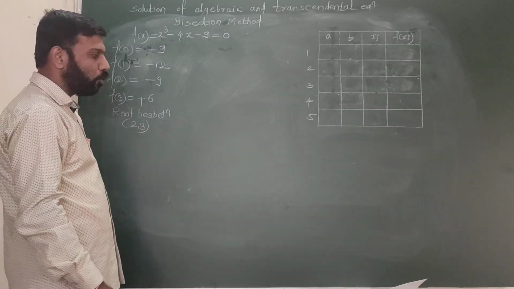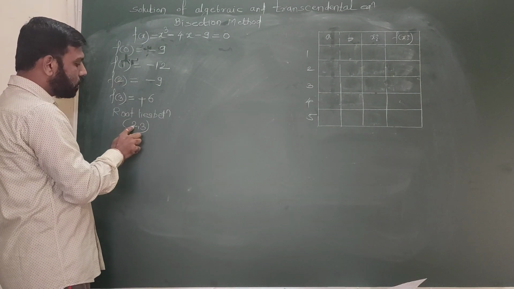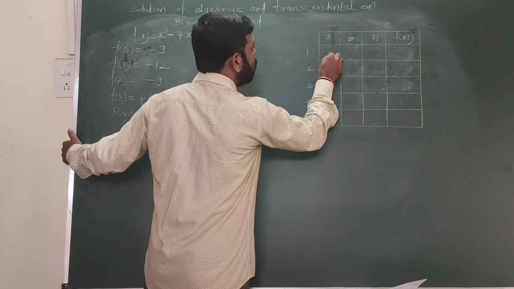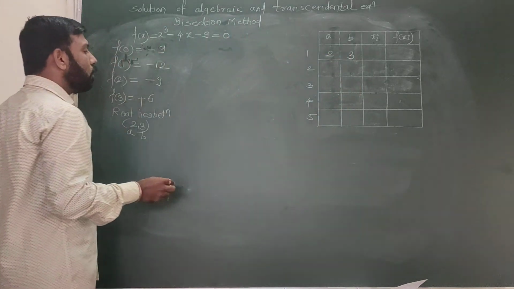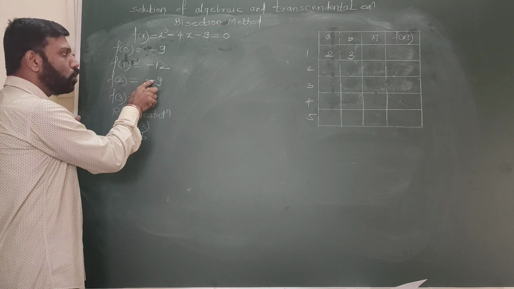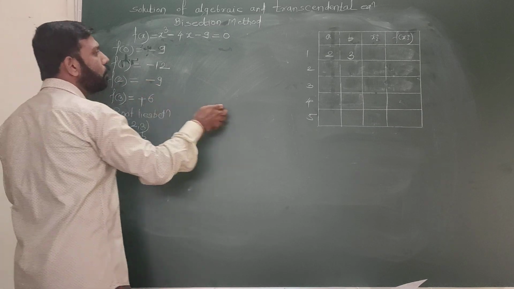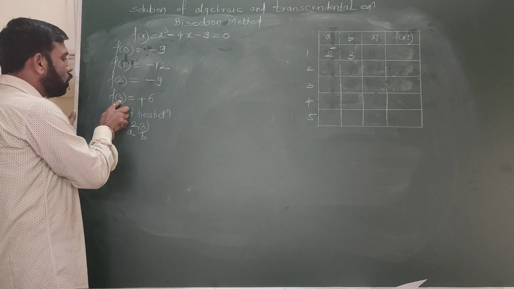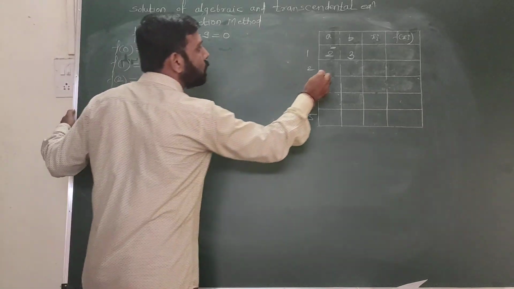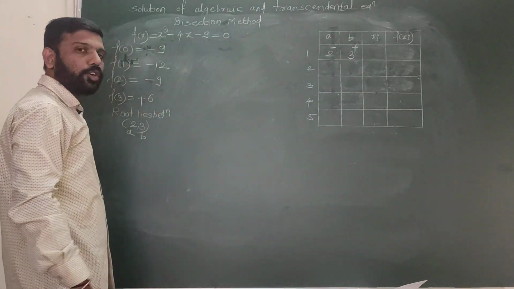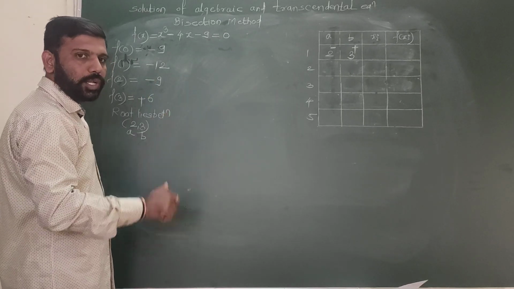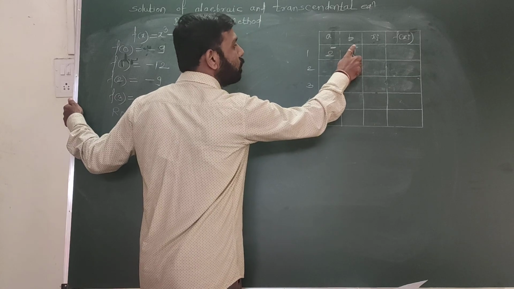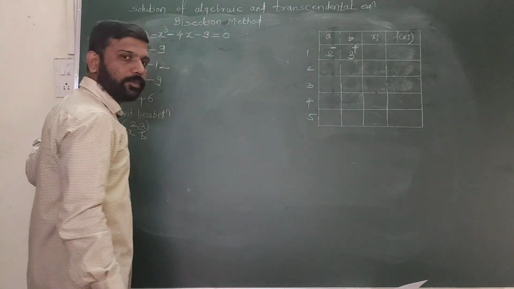Simultaneously we will complete our table format. This 2 is nothing but the value of A and the value of B is 3. So we will substitute 2, 3 in the table. We give the symbol for this 2. F of 2 value is negative, so we put the symbol minus on top of 2. For f of 3 the symbol is plus, so we put plus on top. They are not signs, they are symbols representing that these two values have opposite sign. So the root lies between this interval.